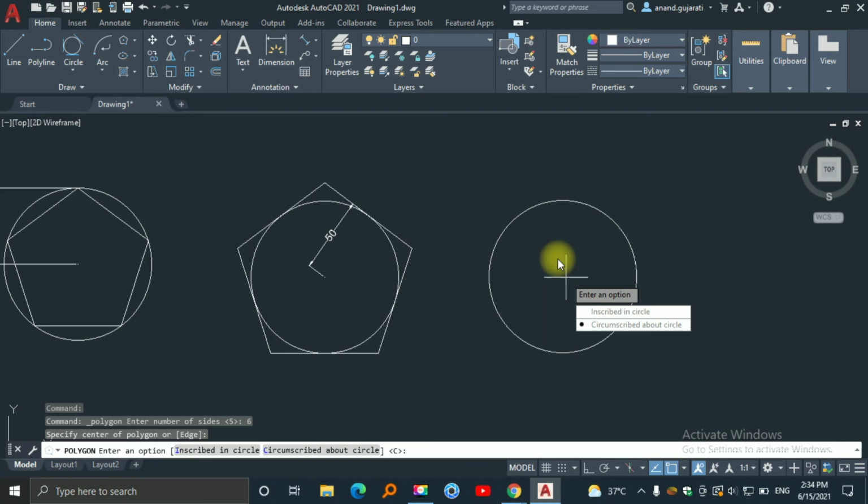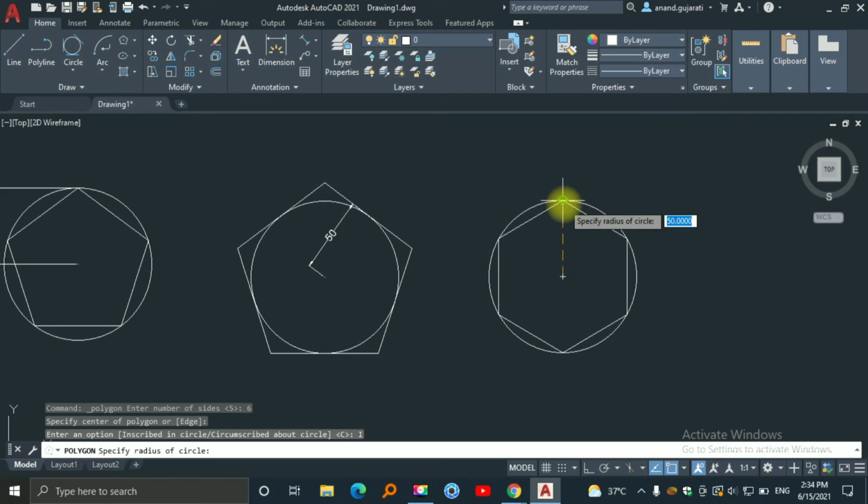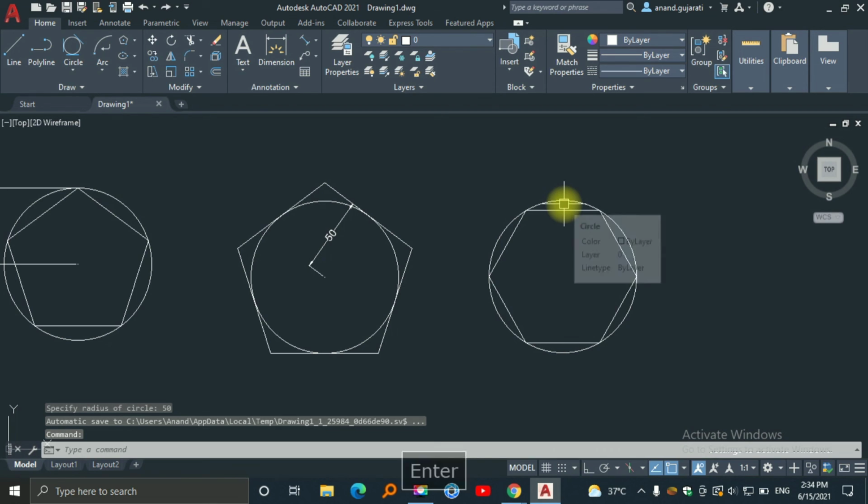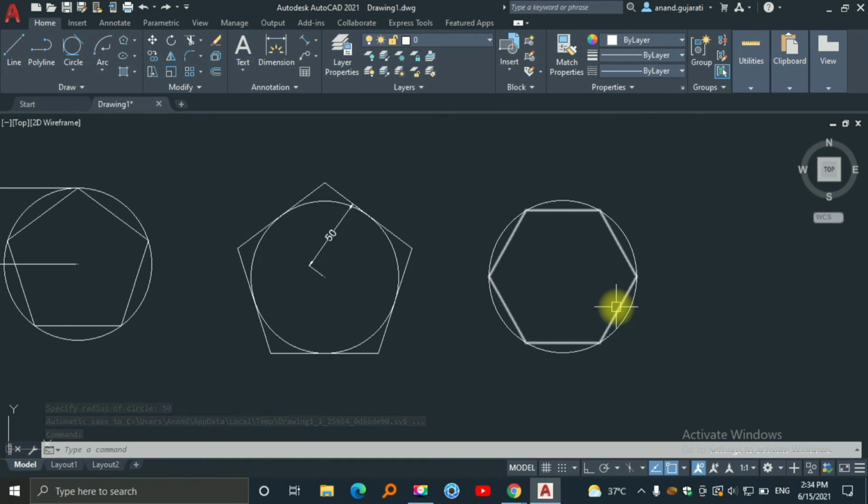My situation is that I want to draw a hexagon inside the circle, so I select inscribed in circle. Now I give the dimension, which is equal to the radius of the circle, 50. As you can see, the polygon is drawn inside the circle by using the inscribed in circle method.